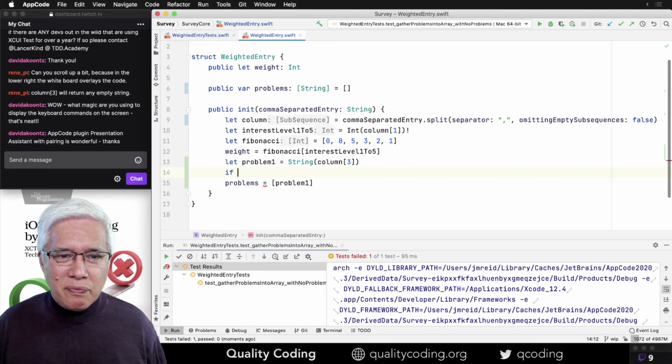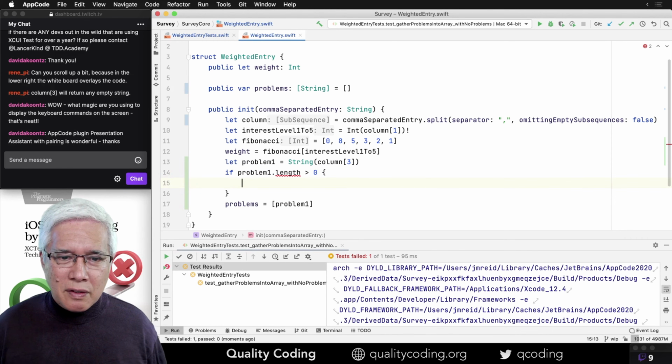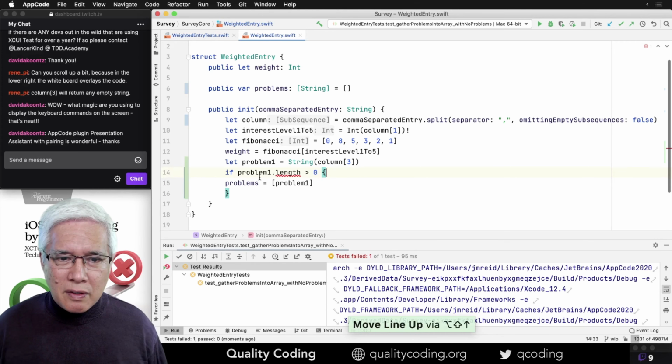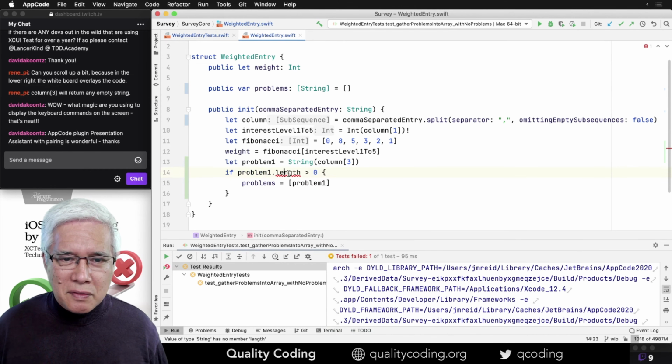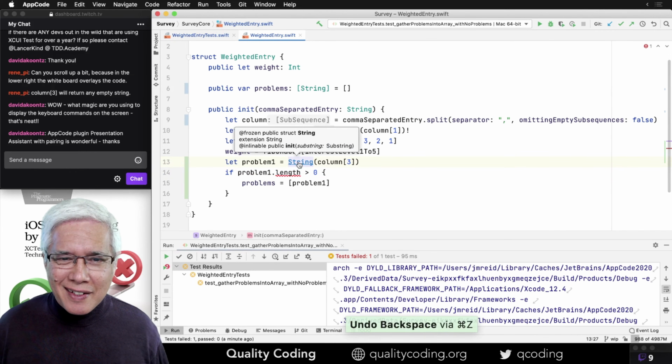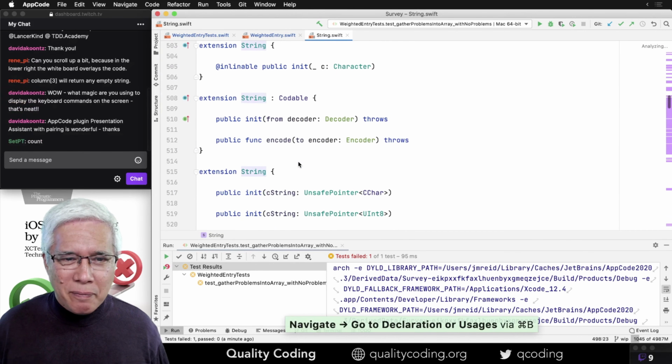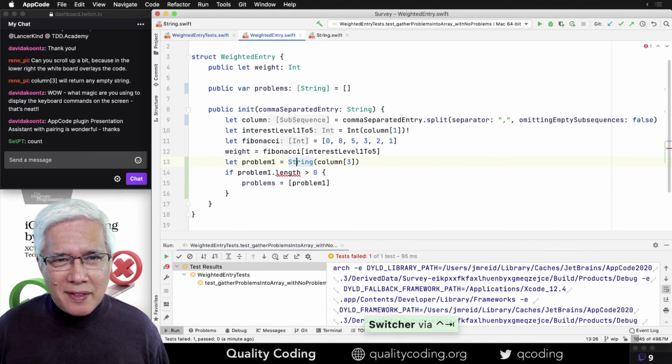And I'll say if problem1 length. It's not length. What is it? Don't strings have lengths? Count. Thank you.